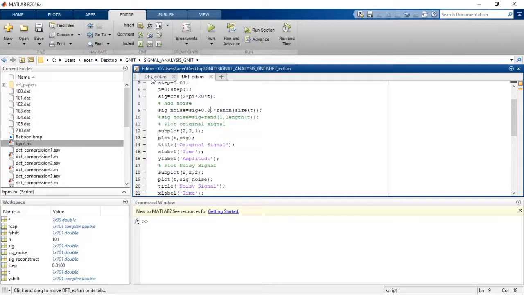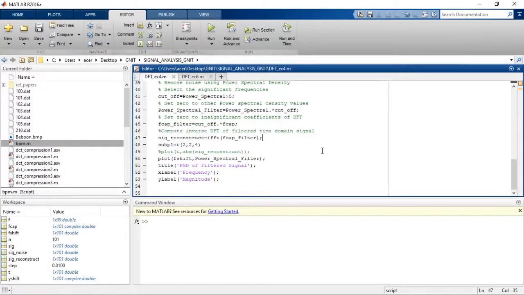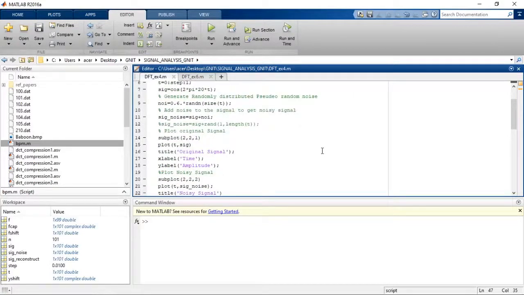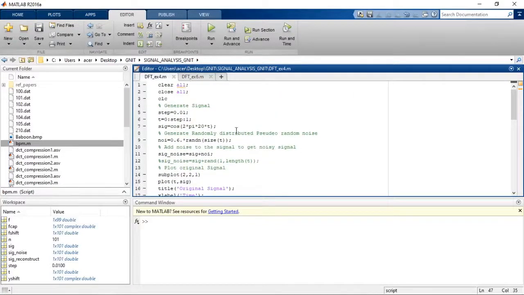Now let us see the second one with the help of the power spectrum, that is power spectral density. Clear all, close all, clc.